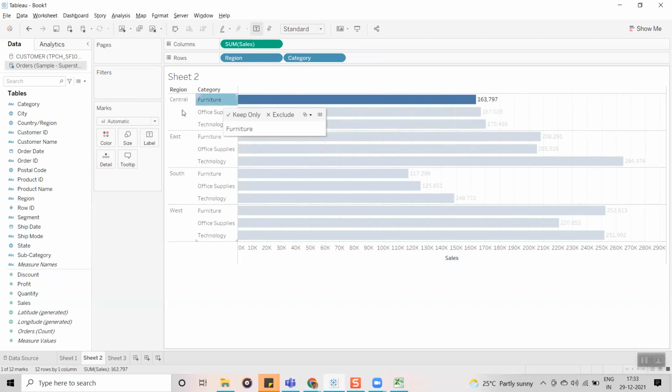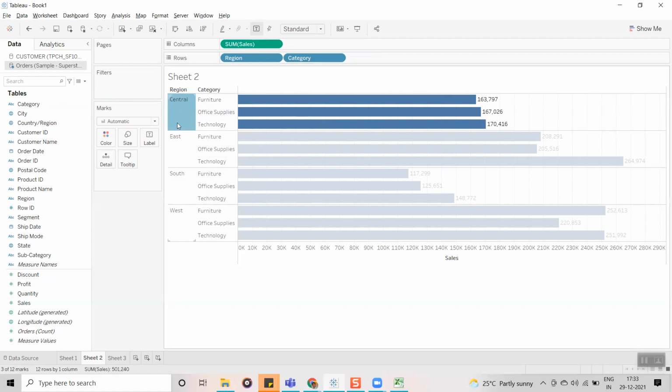Now the data is aggregated in each region, category wise. In the central region, if we sum up all these values, it is going to give the same value, 501240, whatever we have seen earlier.